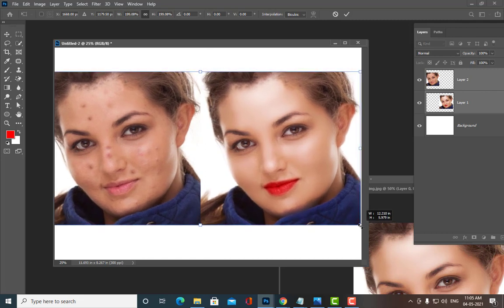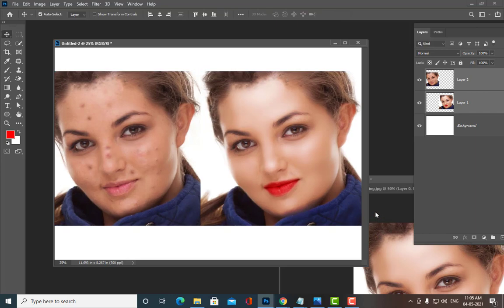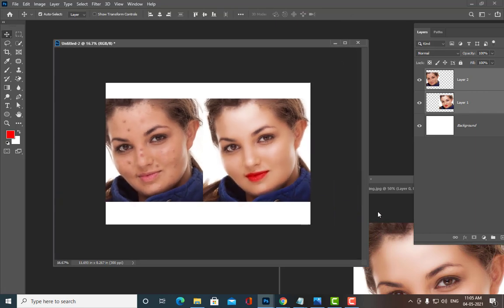We have not only made her face smooth, but we have also cleaned her face, brightened her face, and also added some makeup to her face. Okay, is it clear, all of you? Yes, sir. Okay,